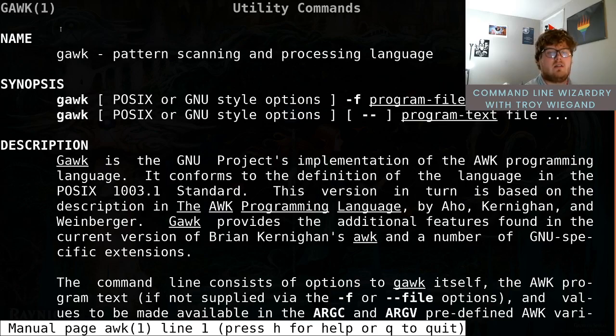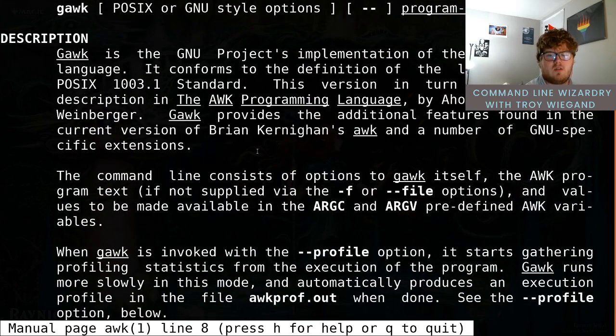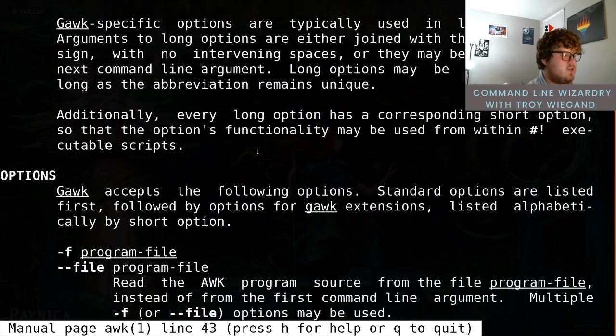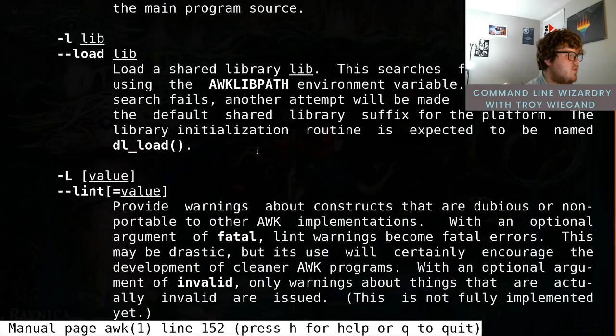And that's because this is the GNU project's version of awk. Awk is actually a pseudo language type of thing. And it basically just runs a quick awk command, but it's very heavily used for string manipulation type of things and other things like that. You can read all about it here,